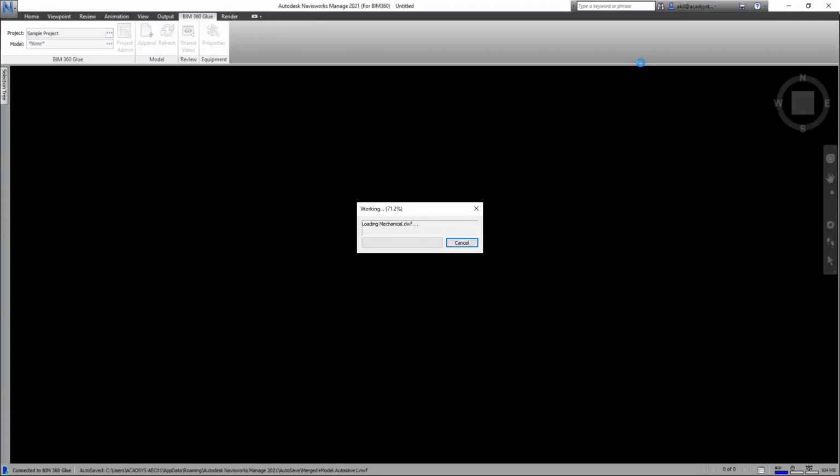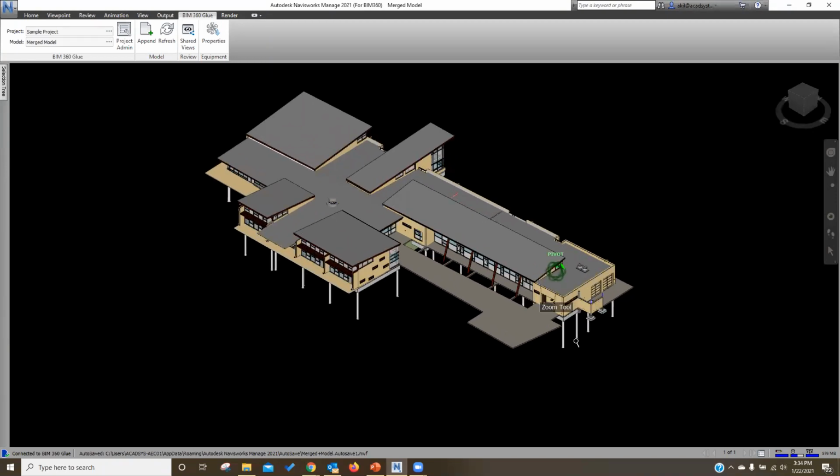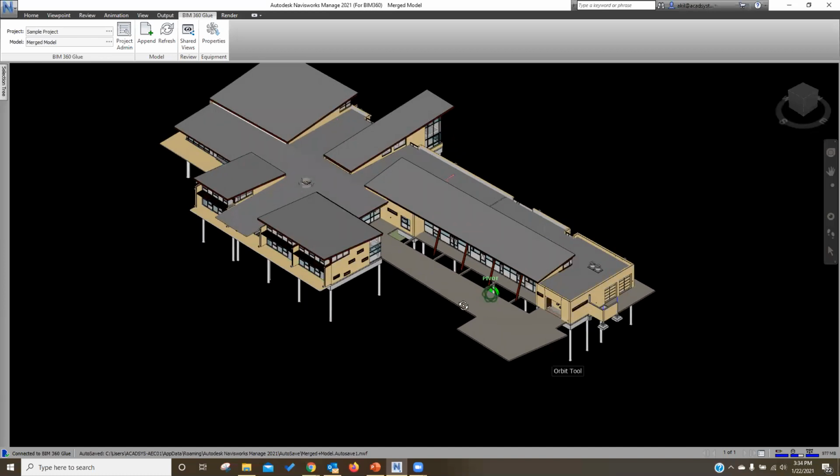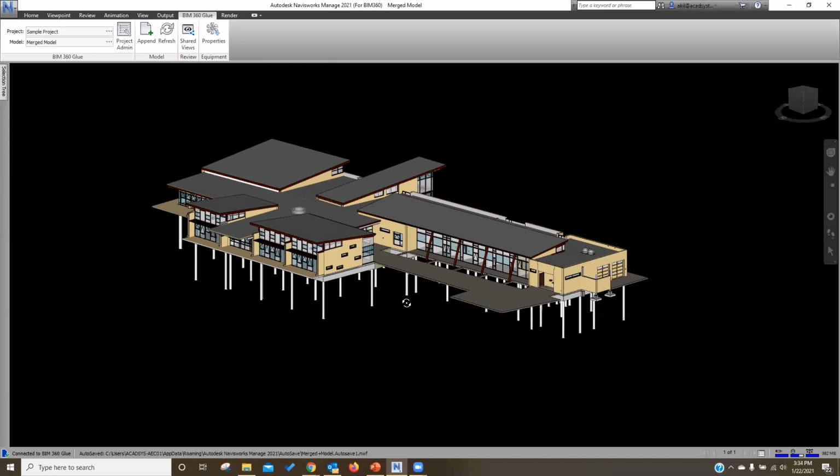And this is directly loading the file from BIM 360. Previously, what had to be done was you had to download it manually. So that's the way. So this is the model that we managed to open directly from BIM 360 without downloading anything. This is the model that has been set up for this purpose, opening up Navisworks from BIM 360.